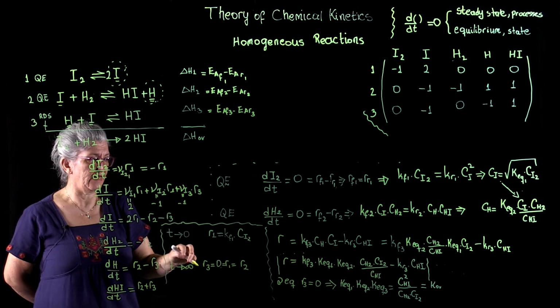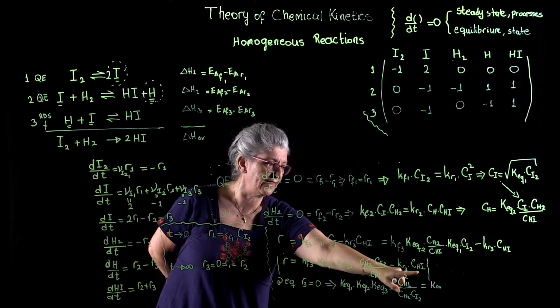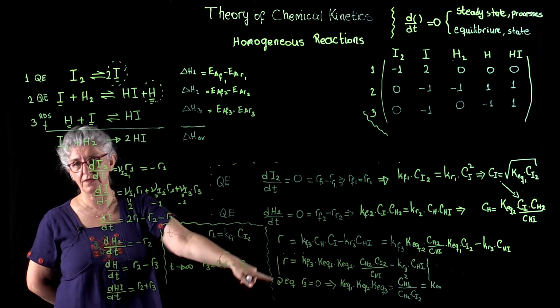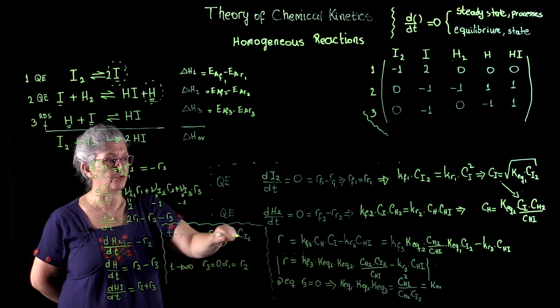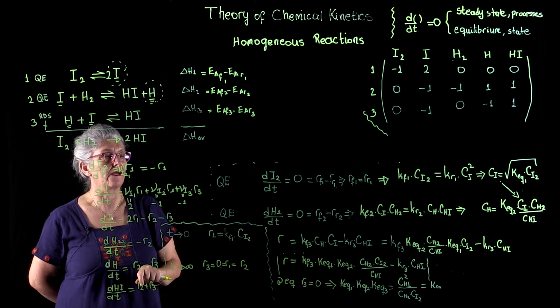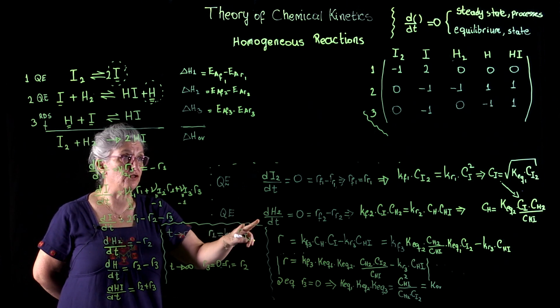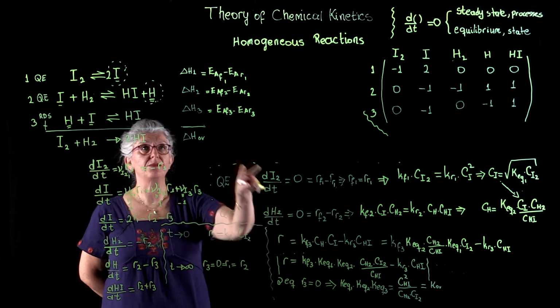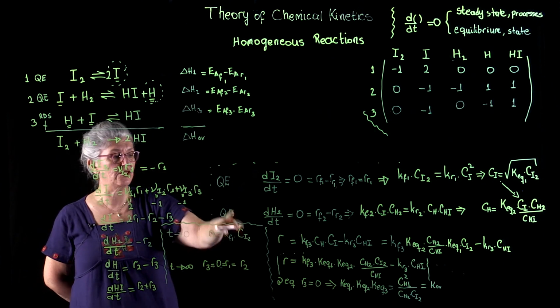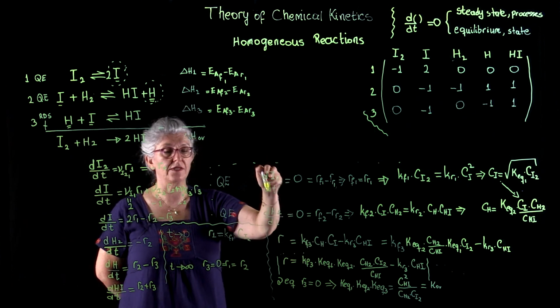And here we have an expression telling us that the overall equilibrium constant is equal to the multiplication of the individual equilibrium constants. So let us work through this example, the relationship between the enthalpy changes and the equilibrium constants,